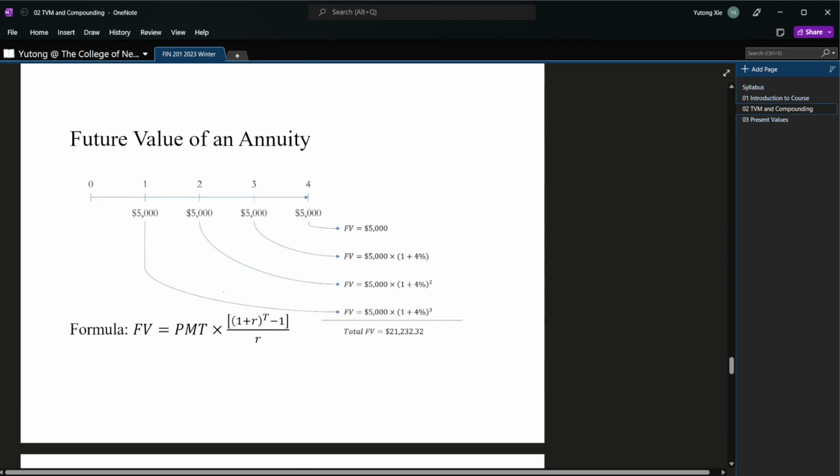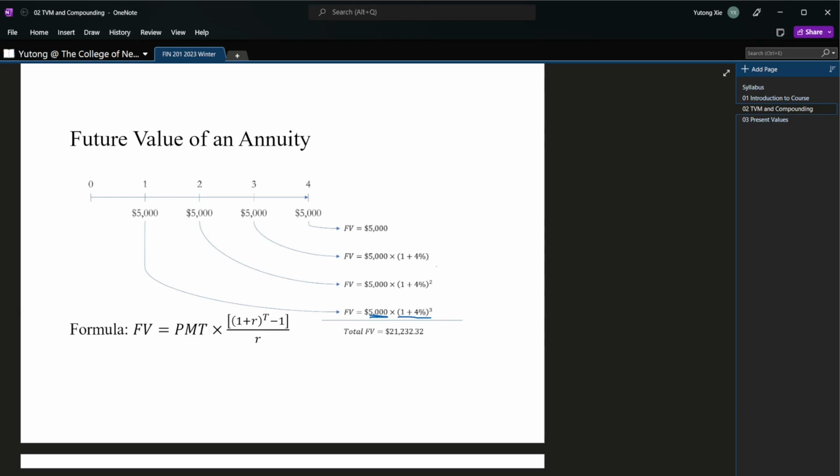So if we want to calculate the future values of each one of them, the answer is pretty simple. You just need to use the amount of money, 5,000, that's there, times 1 plus 4% raised to the power of number of years you're investing this. So for the first $5,000 you saved at the end of year 1, you're going to invest it for 3 years. From year 1 to year 2, that's year number 1. From year 2 to year 3, that's number 2. From year 3 to year 4, that's number 3, right? So a total of